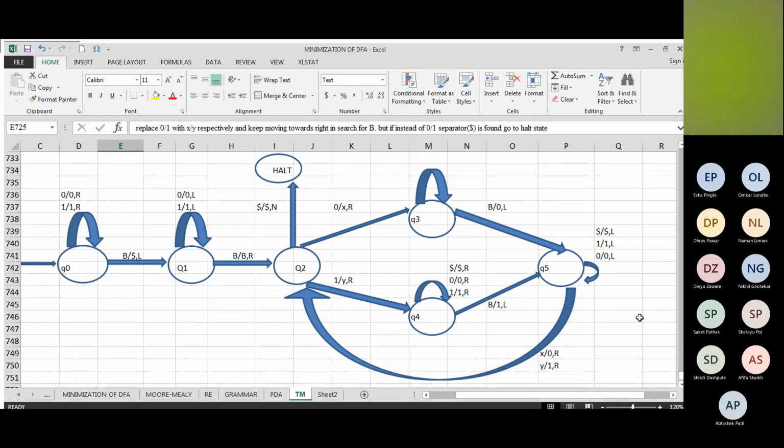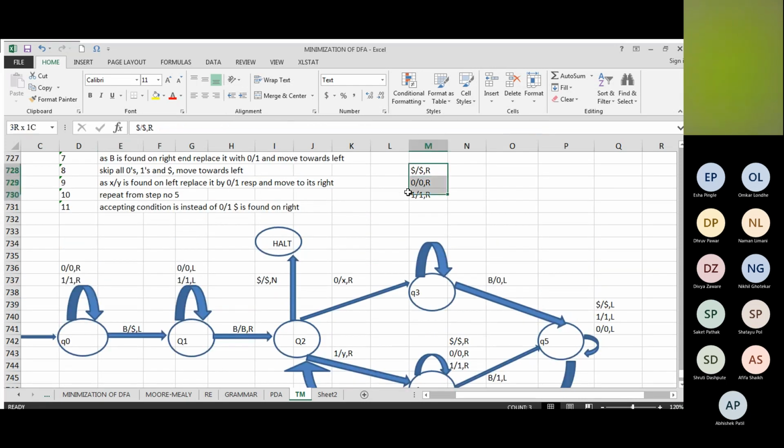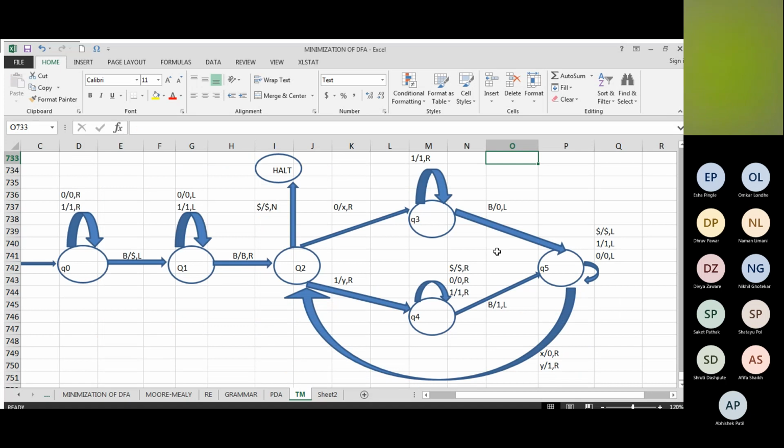Each and every designing problem you should try with pen and paper, or else it will be difficult to understand why it is written likewise, why there is loop, why there is simple transition at some points and all. So if there is no doubt,